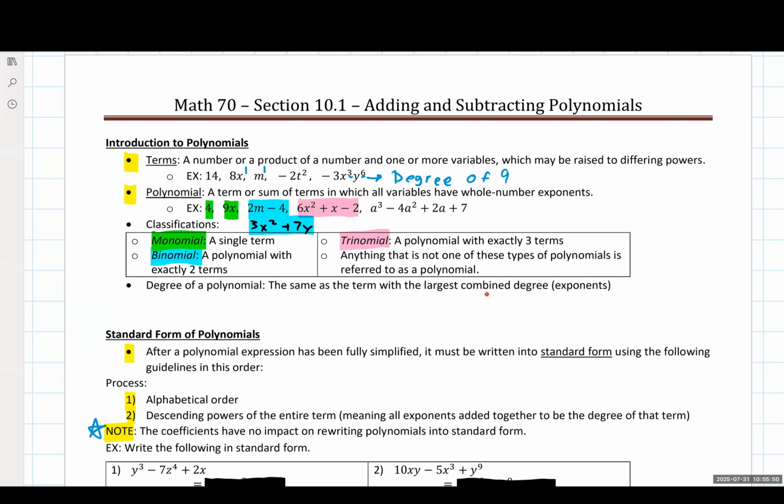Now, this is not something, again, that we're going to see very common. I normally don't like to test on it because it's kind of petty when we go through it and as we see it show up. There are some other ways that we will see it show up with standard form, and that's mainly where we're going to be using and applying this.